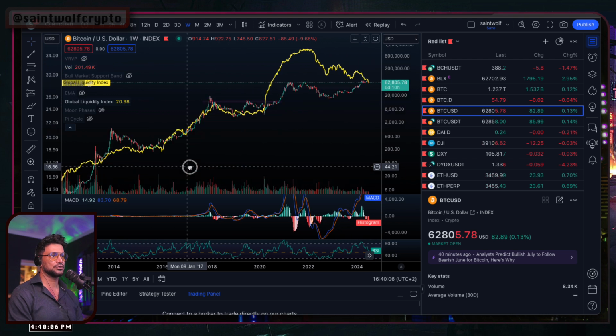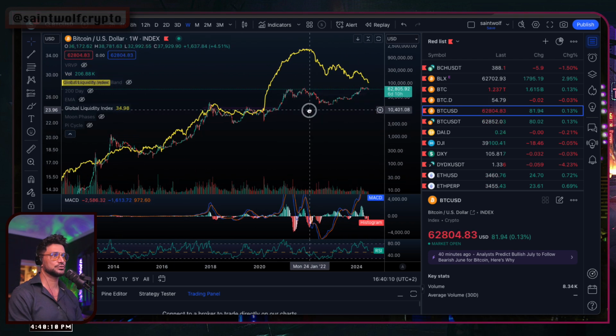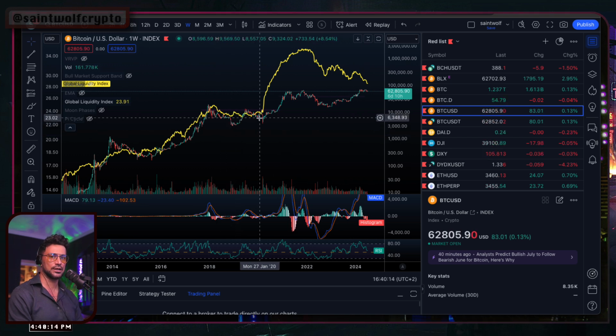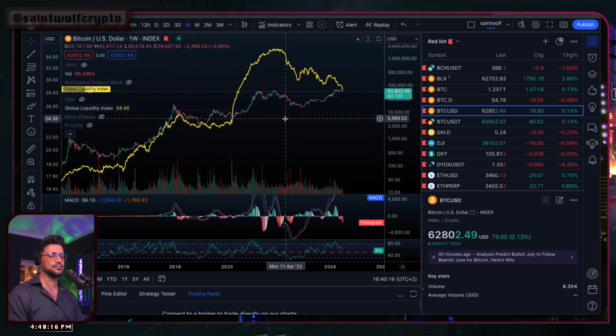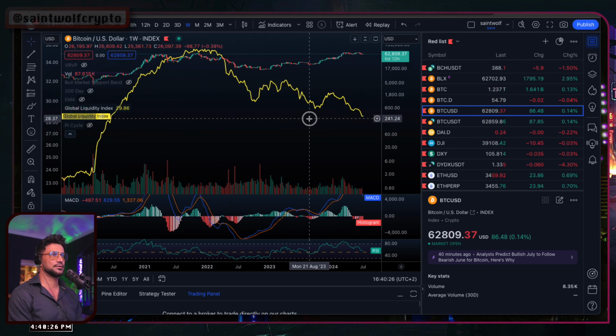And you can see it holds true really beautifully, where we will swing up to the upside, or you saw it swing to the downside. But Bitcoin will always come back to meet the GLI, usually not the other way around, because you can't move hundreds of trillions of dollars. It's easier to move hundreds of billions of dollars to meet this giant aggregate called the GLI. Now, what's happening now is really interesting.